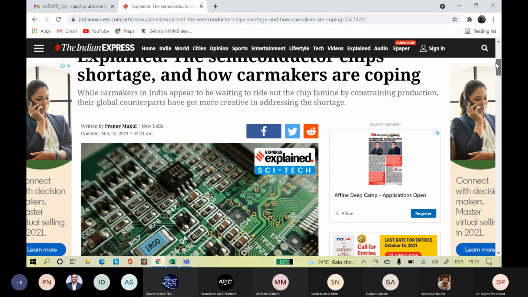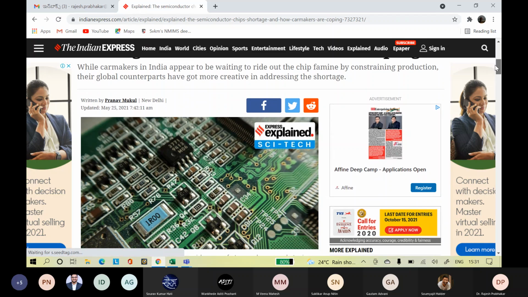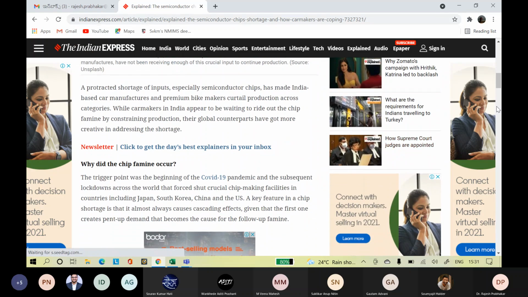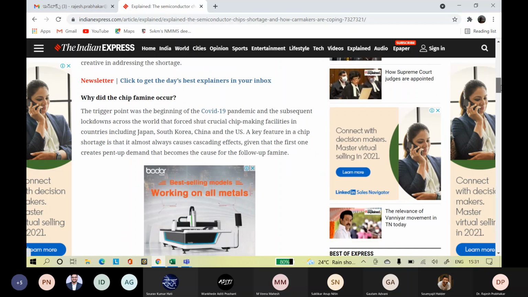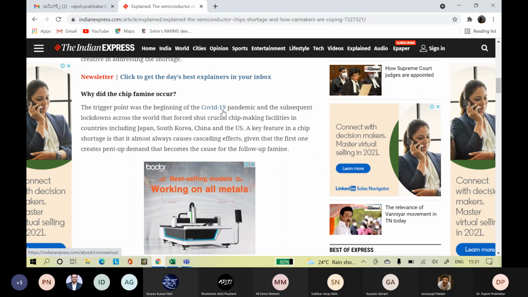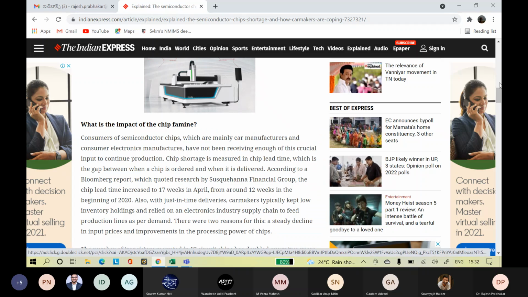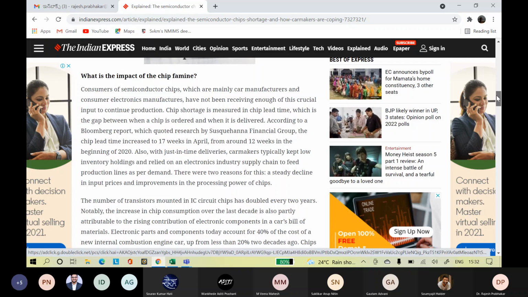Production is constrained and the global manufacturers are managing it. Basically, the COVID-19 pandemic in South Korea, Japan, China, and the US is the biggest culprit, causing the chip problem as early as April and May.